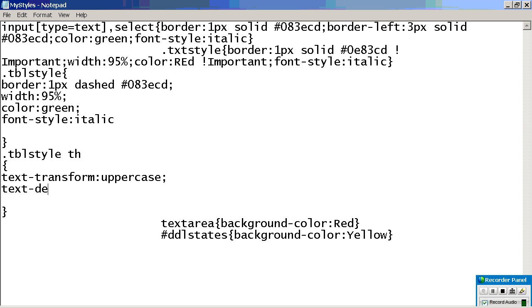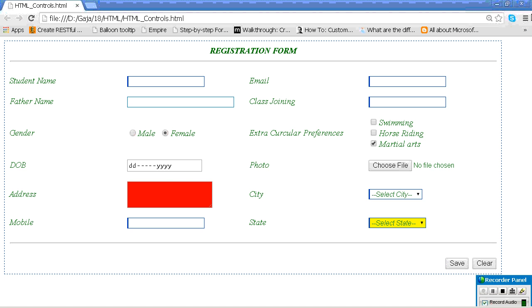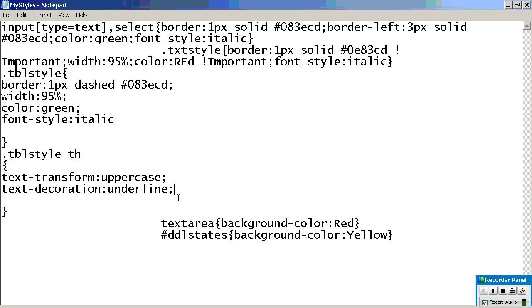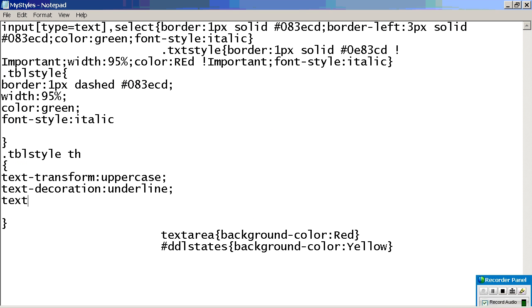Next, decoration. Don't worry about this alpha. It's very simple. I will give you this stuff. You just buy it, whatever you want. So you want to make it italic? Okay. Not text, font.